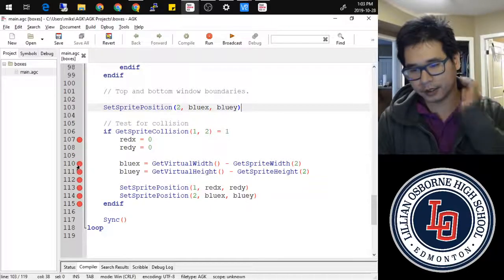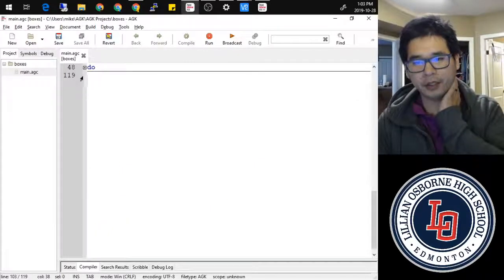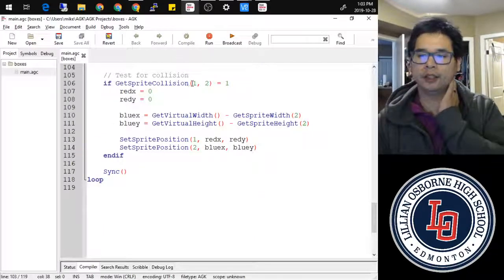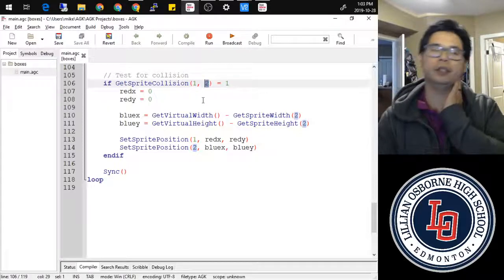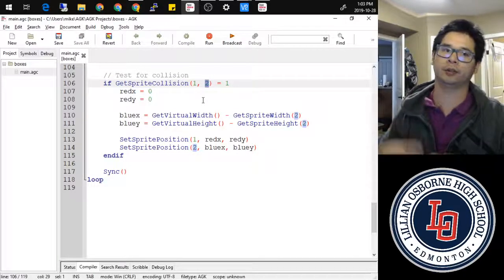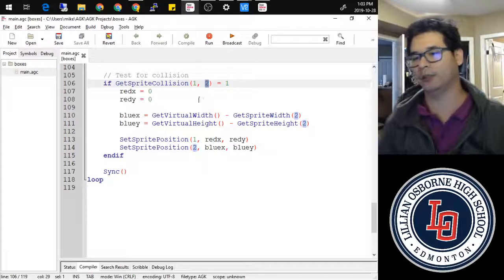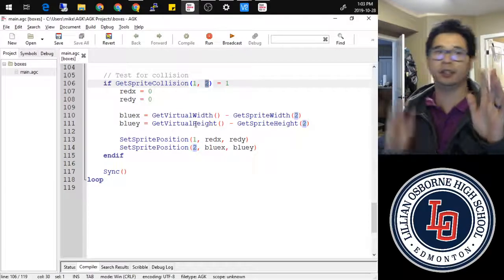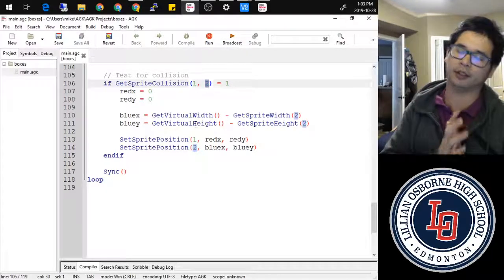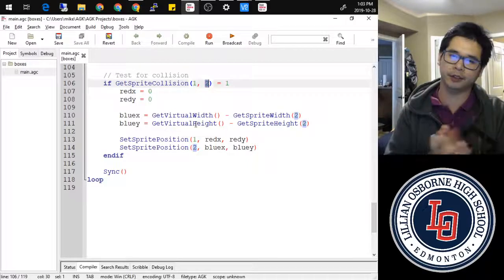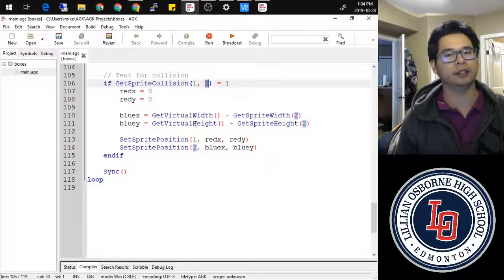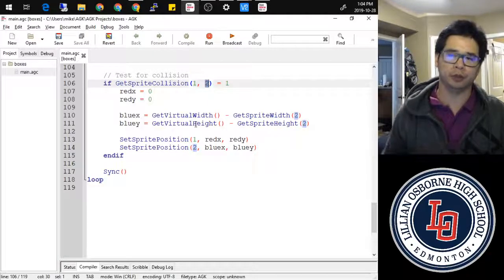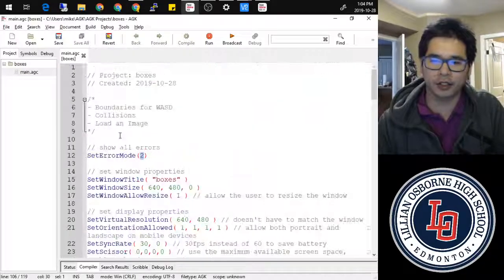Okay, so when it comes to this collision, we always just want to be aware that the collision does test between two sprites. So if ever we need to test more than two sprites, we always have to do one sprite and then another sprite. Say, for example, if 1 was a player sprite, 2 was an enemy sprite, well, then we test get sprite collision 1 and 2, 1 and 3 if 3 is another enemy sprite, 1 and 4 if it's another enemy sprite, and so on and so forth. So it only does 2 of them. There are ways to get it to test more, but we won't worry about that for now. So that is the collision section.